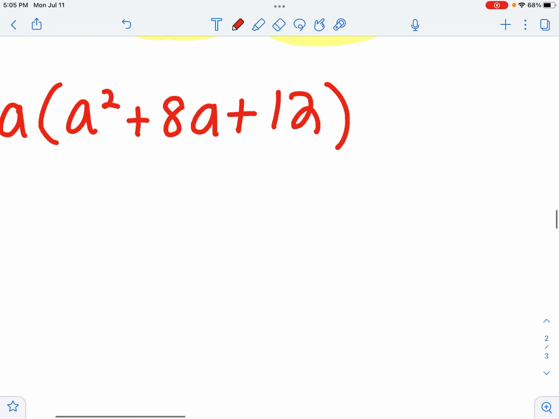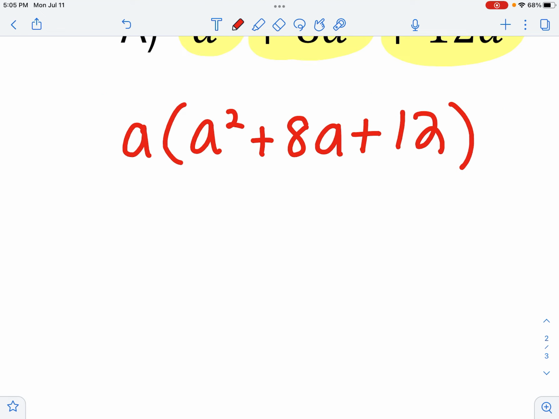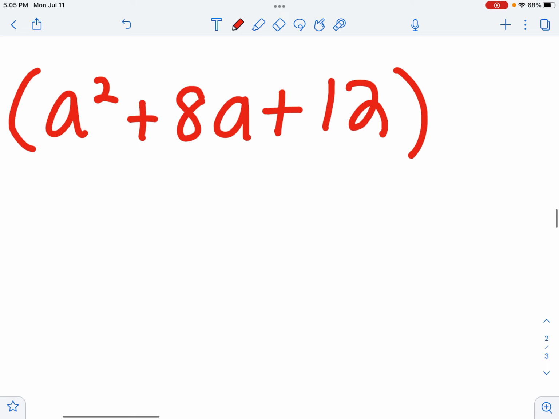So I'm looking at this now. Please remember that the A in front, this A right here, does not go away. It's just that there's nothing else I can do with that right now. All right, so since there are 3 terms in this, I'm going to use my organizational X to see if it's